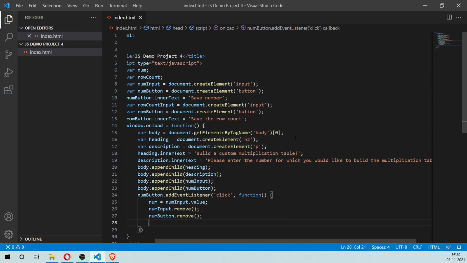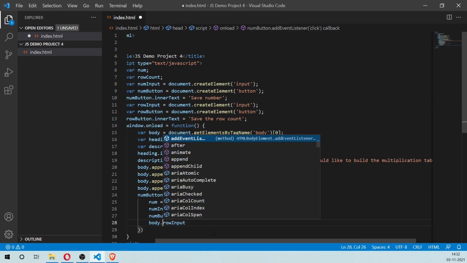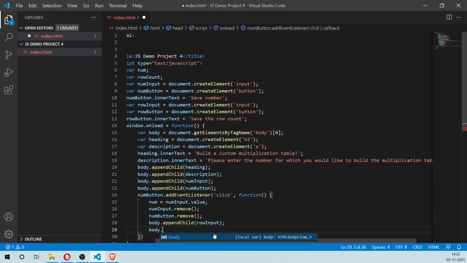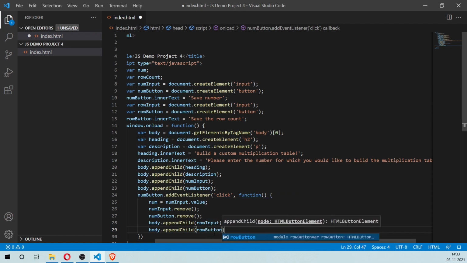And then we're going to show the row count input. Actually, let's just call this row input because it's better to have simpler names for these variables. So row input, it's a body dot append child row input, body dot append child row button.